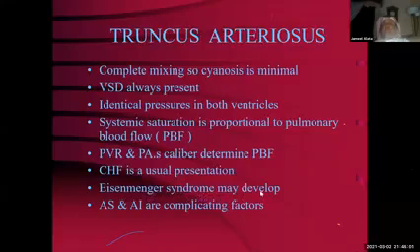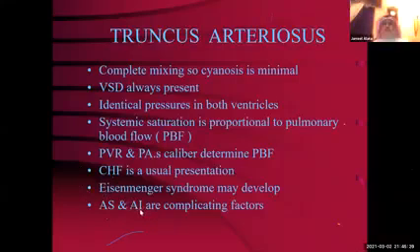Eisenmenger syndrome may develop very fast in these patients, as I said. Aortic stenosis and aortic regurgitation are complicating factors. So here in truncus especially, it's not just the pathophysiology of the cyanotic heart disease, but there is an additional pathophysiology, which is the truncal valve. It can be severely stenotic. It can be severely regurgitant with a lot of insufficiency. So if this happens, then you will add that